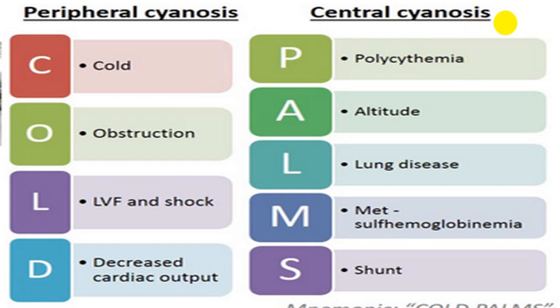High altitude, pulmonary conditions. We call pigmentary, that is methemoglobinemia, sulfhemoglobinemia, and even you can describe shunts like AV shunts, or a shunt has been done